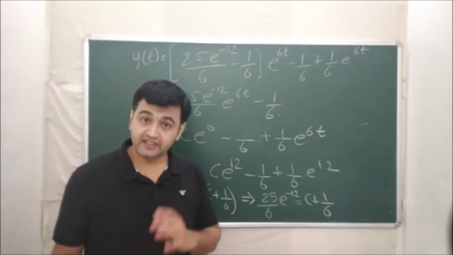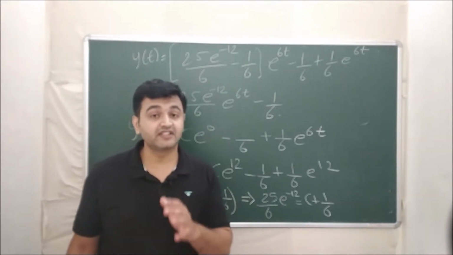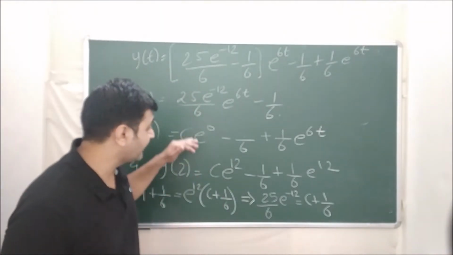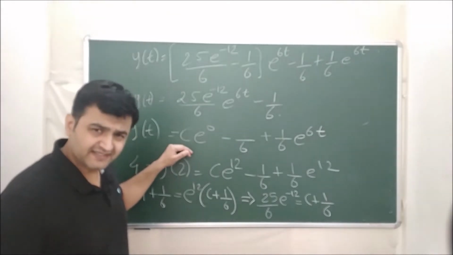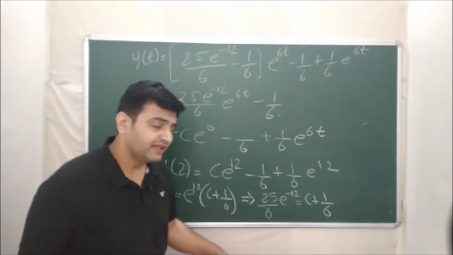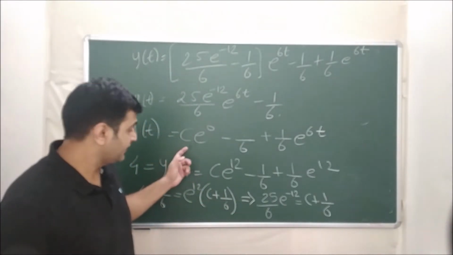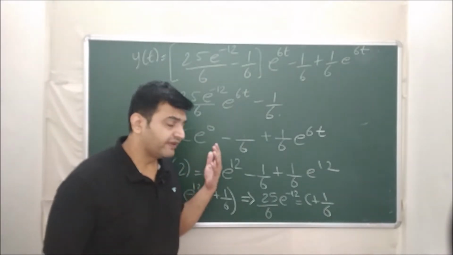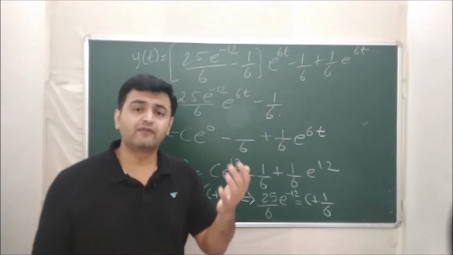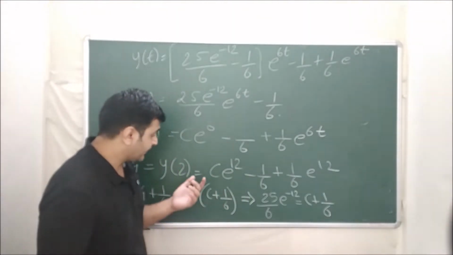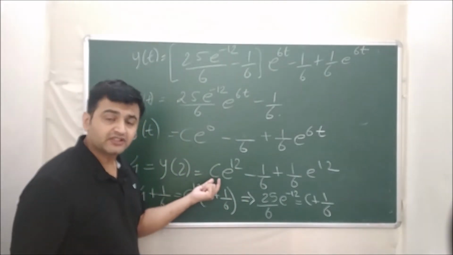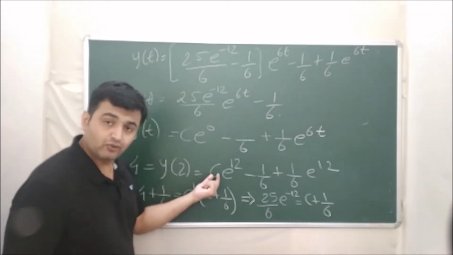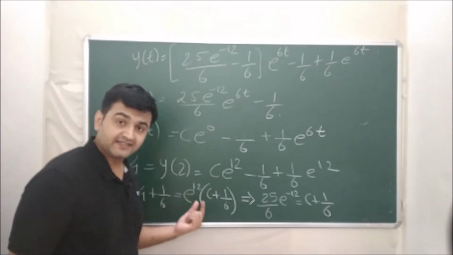So this is how you solve an initial value problem if the initial condition is not given at 0. You keep your y of 0 as it is. You can call it c if you wish and keep on solving, and at the end you find the value of c using the given value. So this is one way. But when you have a second order, third order or fourth order initial value problem, then there will be too many constants. Like here I had only y of 0 unknown, so I called it c.